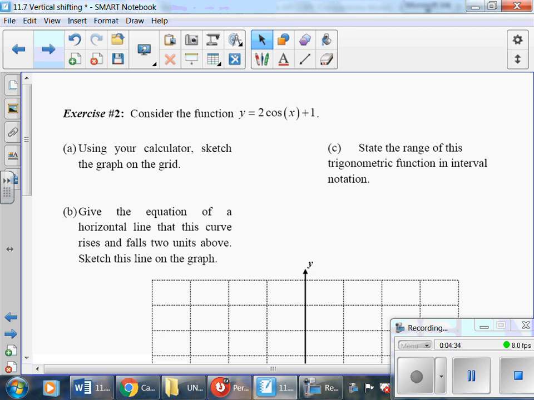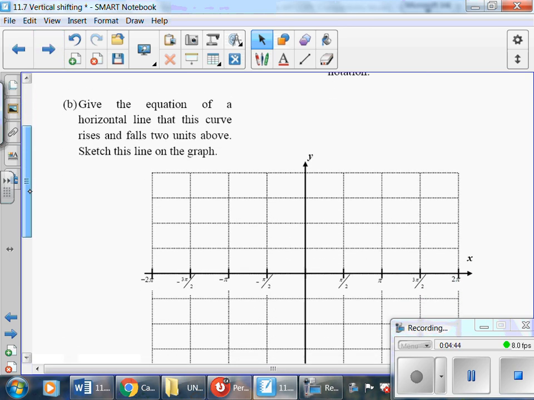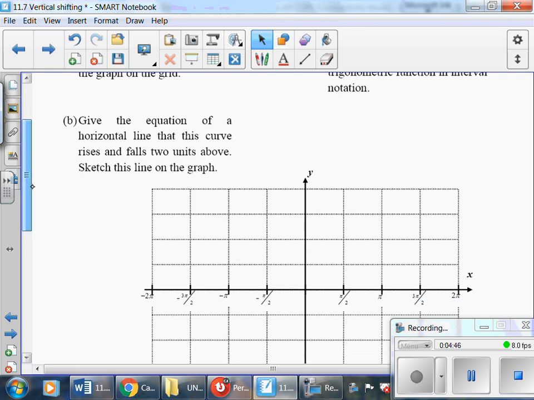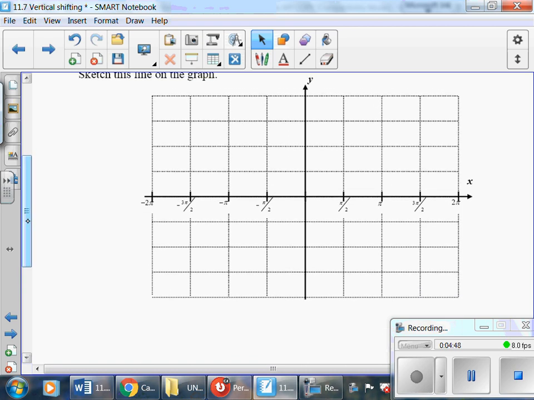B says give the equation of the horizontal line that this curve rises and falls 2 units above. Sketch the line on the graph. So that's what I keep talking about. I haven't introduced the word yet, but it's called the midline. I'm not going to forget about C that says state the range, but I'm just going to come up to this part. So I'm going to just write down, so I know what it is, y is equal to